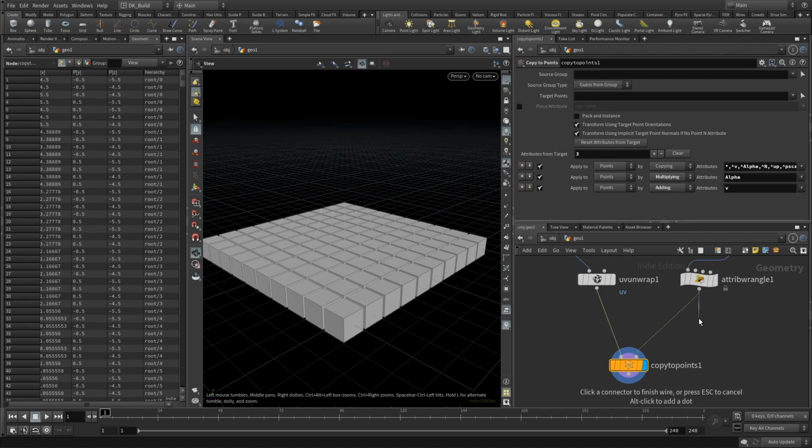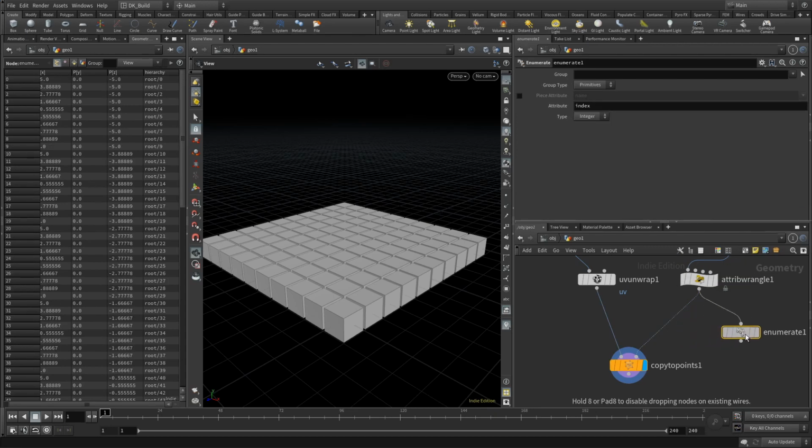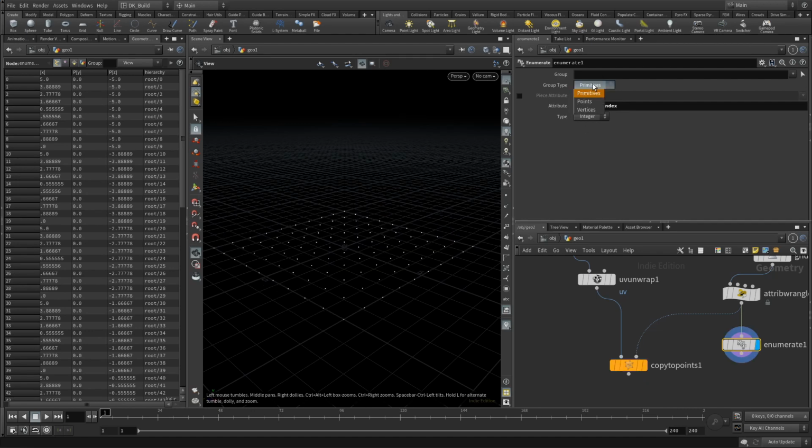For that we need another attribute with that information, the so-called selection index. It simply holds the information which piece comes next, starting at 0. Something that sounds as if people use it often, and you can take a bet that Houdini has a node for that. The enumerate node does just that. Tell it the name of your attribute and it counts the incoming type. And in this case, we need to go with points.